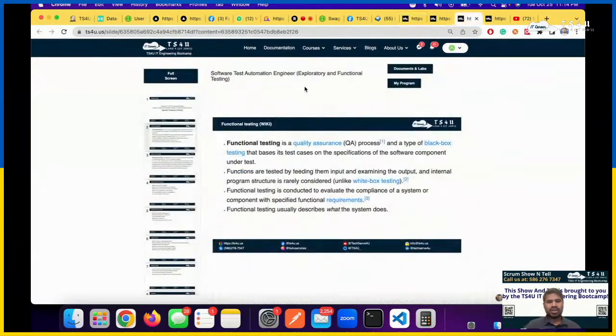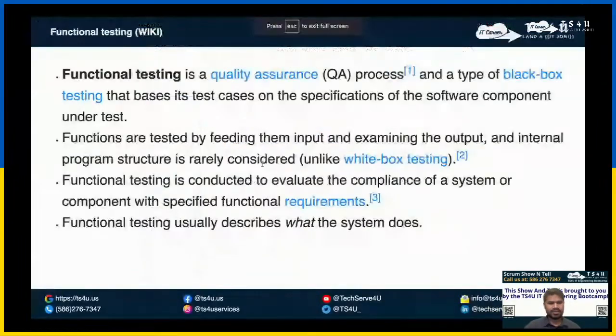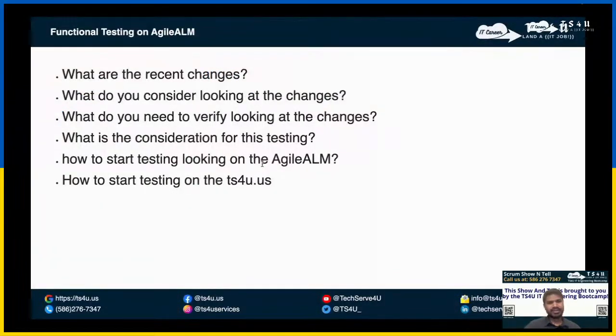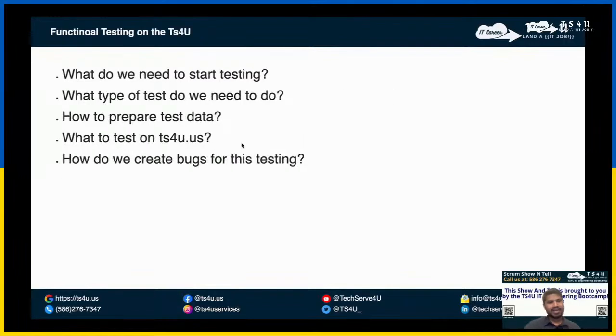I think that's actually what we wanted to cover. So let me see. Did I cover everything? I think we did it. Okay. So I think we did this. We did this as well. And what is the consideration for the testing? We discussed it back and forth. How to start the testing? I said we are actually talking about it. And did we cover everything here?